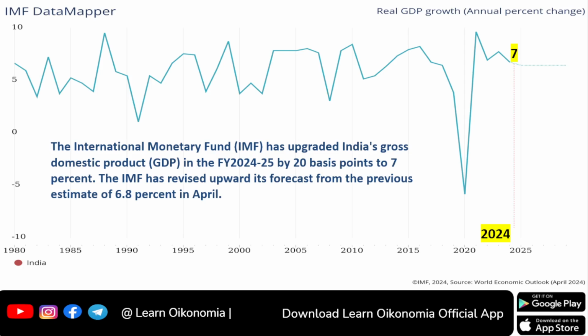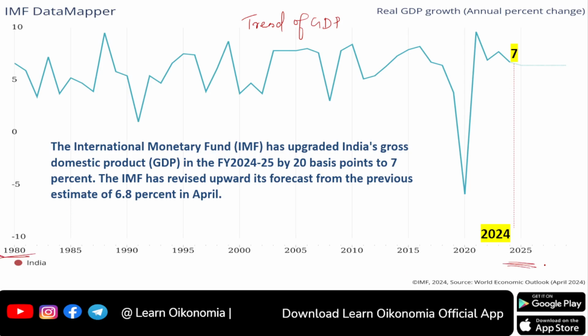Now I'm taking you to some data. It's actually time series data that we are looking onto. This is a trend analysis. So this trend of GDP is actually generated by IMF, International Monetary Fund again. So what you are seeing here is a part of IMF data mapper. So as per this, when we look onto the real GDP growth of India in terms of annual percentage change, we could find that from 1980 to 2025. This is what we are considering, 1980 to 2024-25 period.